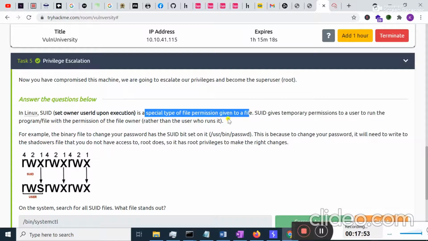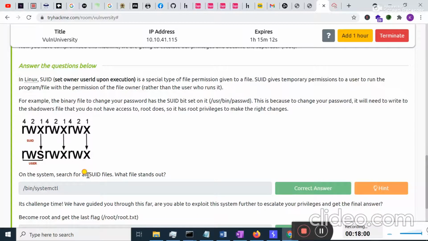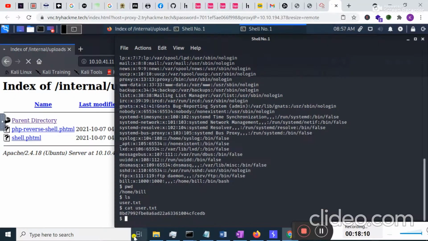Okay, now students, I am going to check SUID files. Files which are set to SUID can be executed with the owner's privileges. So I'm going to check which files have SUID permission.